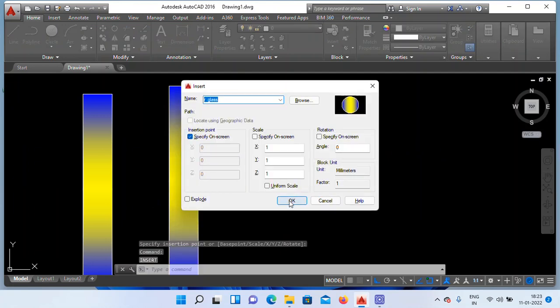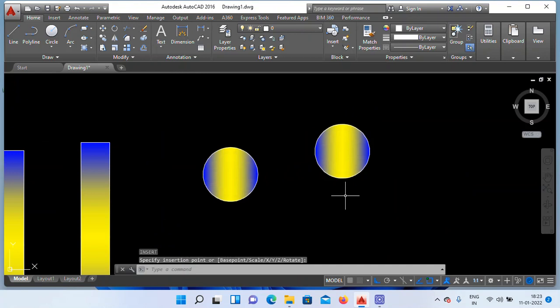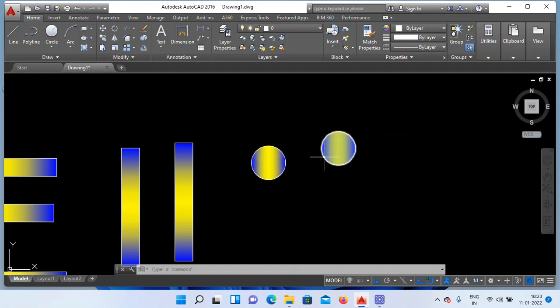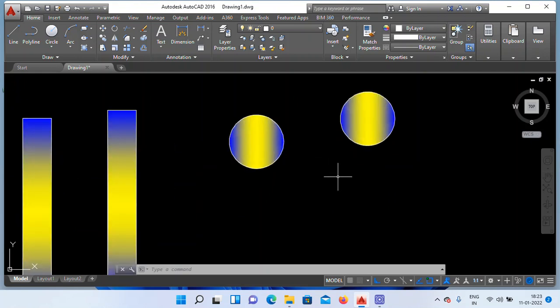One more, enter, click on OK. How many you need? Enter into the insert schedule and select the required object. Click on OK. Click in the required place where you need, like this. Right. Okay. Next.